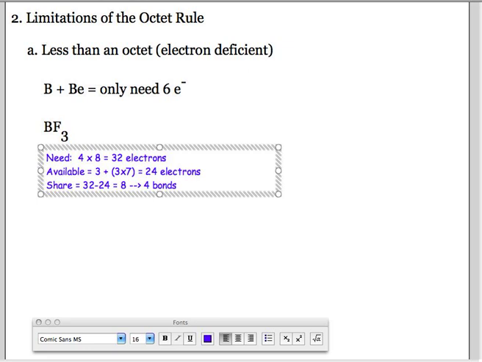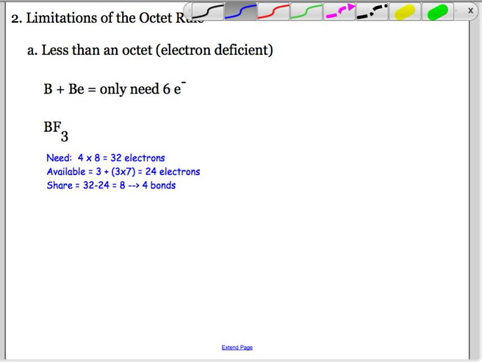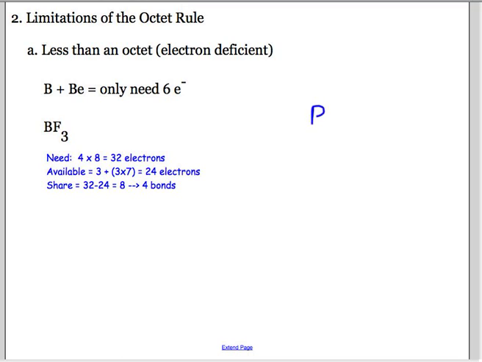Now, with any other situation, this would be fine and that'd be great. The problem is if you think of what you're going to have here, we're basically going to have boron in the middle, because he's the least electronegative, and then we have 3 fluorines that need to bond. You kind of have to keep this in mind when you're doing this. Like, what is it actually going to look like? I'm just kind of drawing them in a triangle for no reason at this moment, but just so we have them. So if we are going to put 4 bonds on this, what we're going to need is